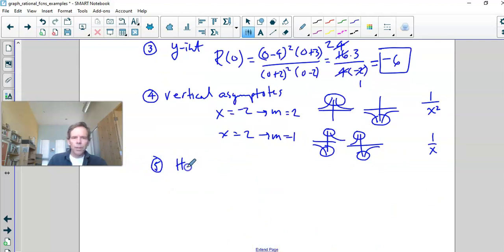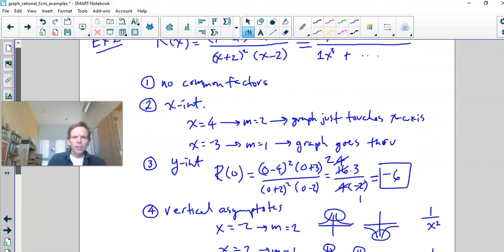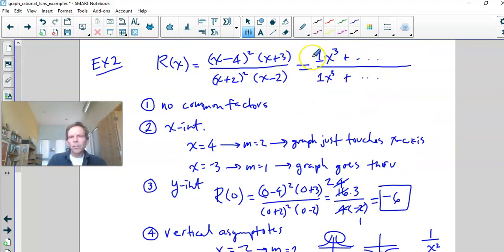What's the horizontal asymptote? Well, I should be spelling it out so you know what I'm saying later. Horizontal asymptote. I'll just abbreviate horizontal asymptote. All right. So what we need to do here is go to these standard form